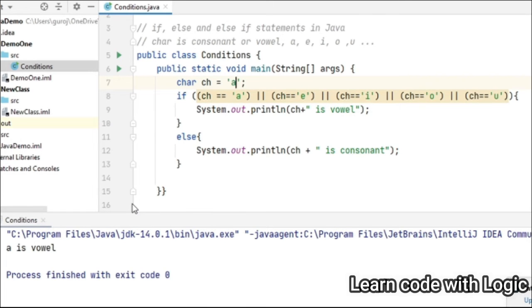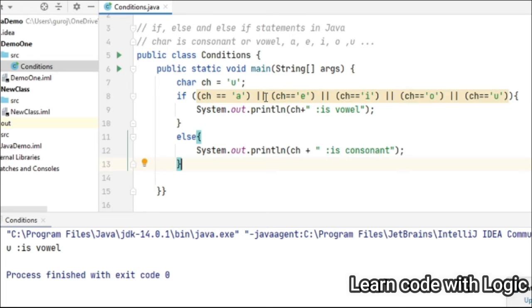And it means A is vowel. Just for understanding, I gave a space here so that you can see the space as well. If you want to give a quotation, you can give a quotation here. Let's see, A is vowel.